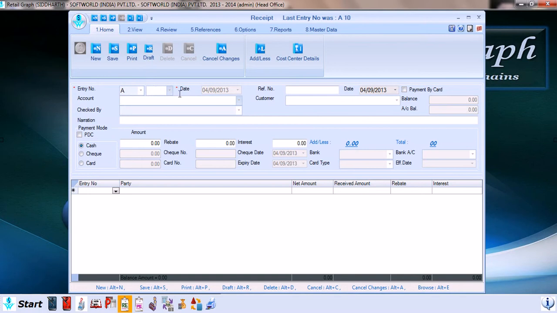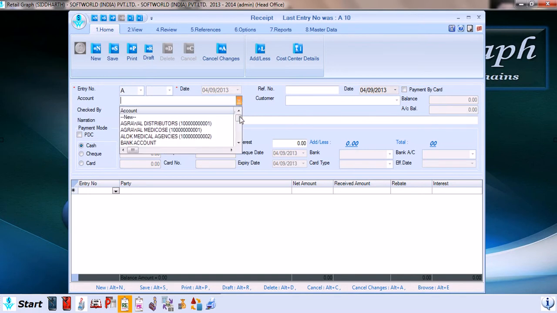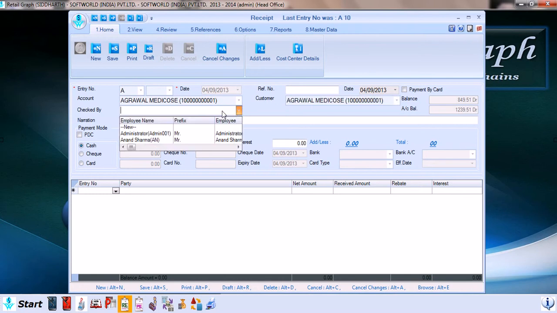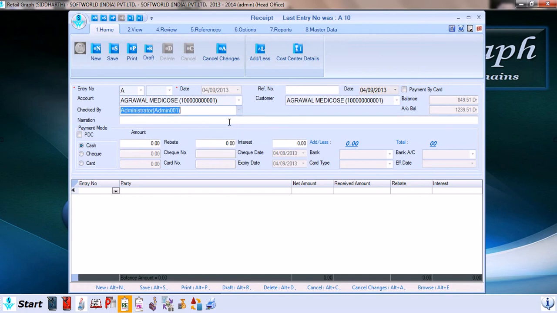So we initiate by clicking on the account, if we wish to add the receipt on any particular account, or we can also select a customer and the account corresponding to the customer will automatically register here. Then, who checks this receipt and the payment? The administrator or any other person related to the business. We select that. The narration, any feedback or note corresponding to the payment received, can be entered here,